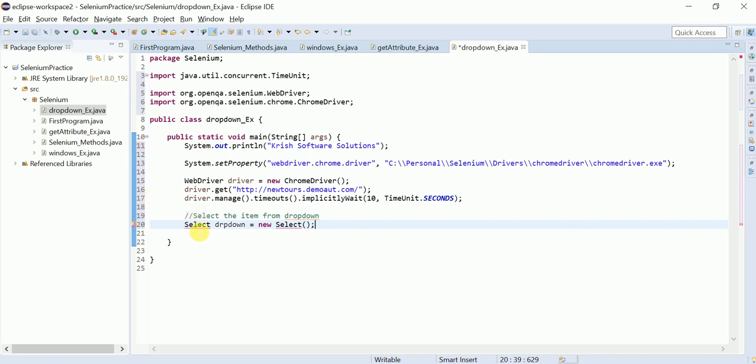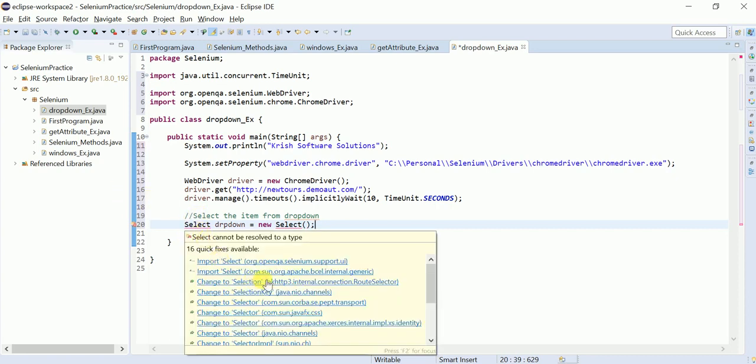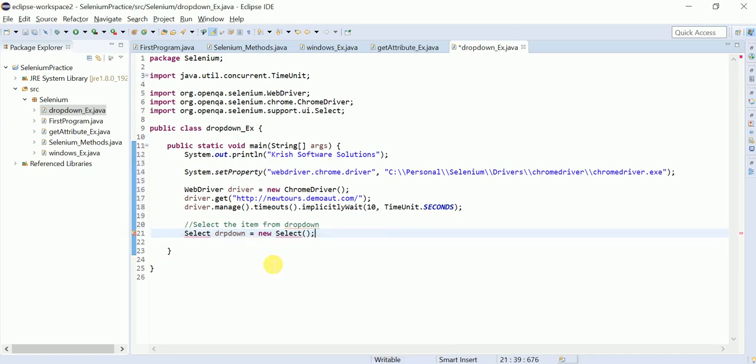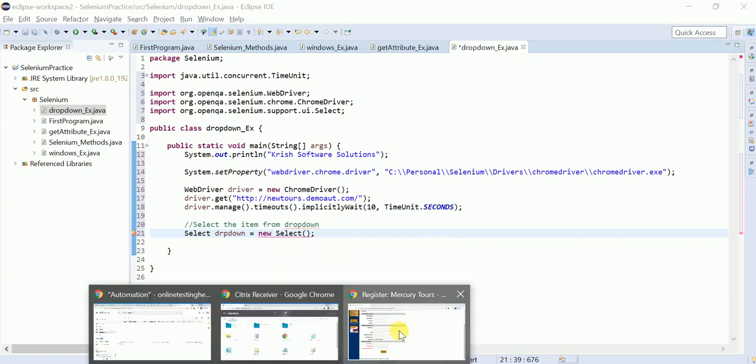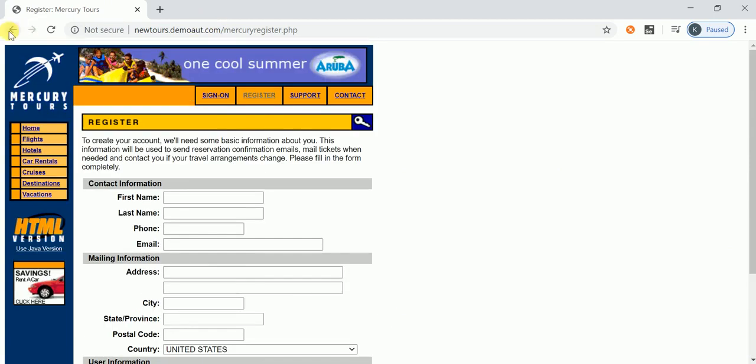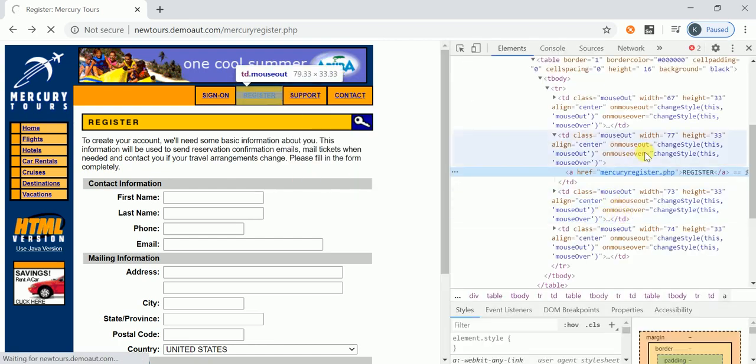Okay, so please import these two. You need to import from org.openqa.selenium, this one. Okay, Select is imported successfully. Now I need to add the argument here, and let me go back. Sorry, here register is there, right? In the register I want to click on it.